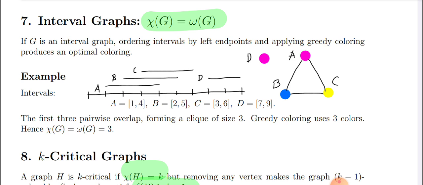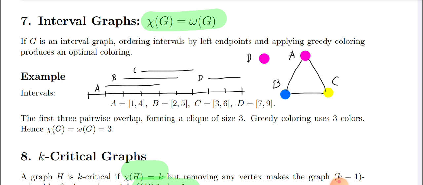So what does that mean for actually finding the coloring? Do we still need complex algorithms? Not at all. The optimal strategy becomes incredibly simple. You just sort all the intervals by their start times. Their left endpoints. Yeah. And then you just apply the simple, naive, greedy algorithm. And because of the special structure of interval graphs, that simple process is guaranteed to give you the perfect optimal